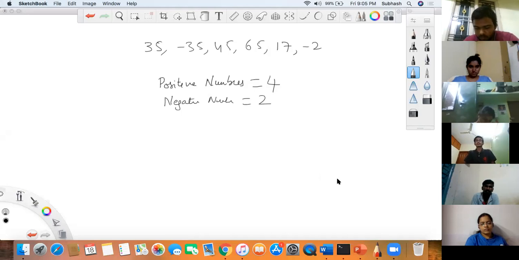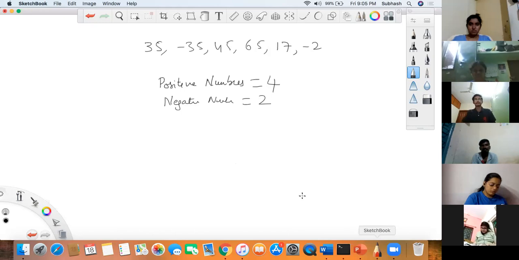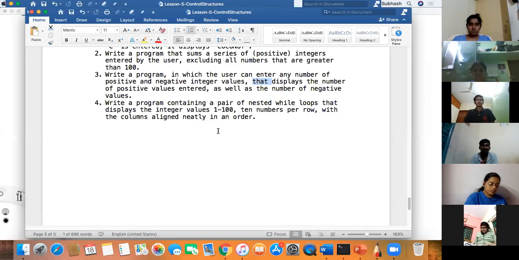Can we take multiple inputs in a single line of code? You can do it, but with your limited knowledge, whatever you know, do it now. Later we'll see how to do it otherwise. You have loops, Subhash, so use loops. I shouldn't have told you, but anyway, make use of whatever knowledge you have. I want you to think. Did you get that? Okay, cool. So we'll move to the next one.